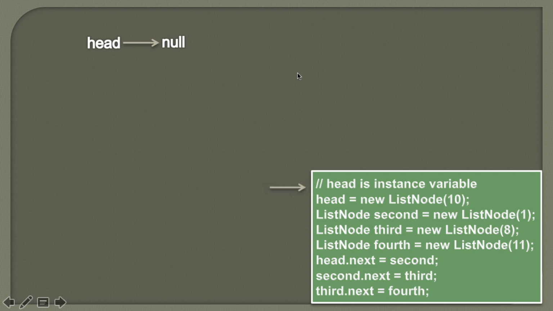Moving ahead, in this step we first create a new list node and we pass the data into it. So here we are creating a new list node and passing the data as 10. It would look something like this. Here you can see the data is 10, and whenever we create a new list node its next points to null. Also, when we create this new list node we assign its value to the head. Currently head points to null, and after this assignment it would look something like this. Now head will point to this first node which has data as 10 and its next is pointing to null.